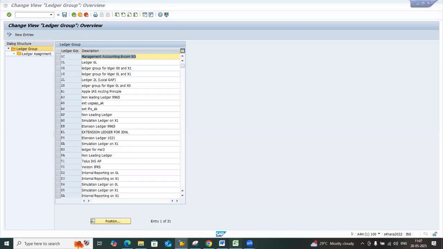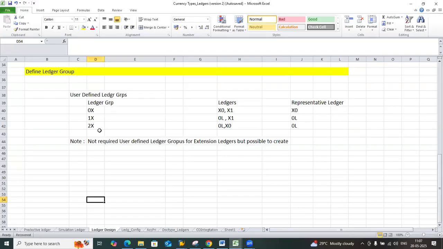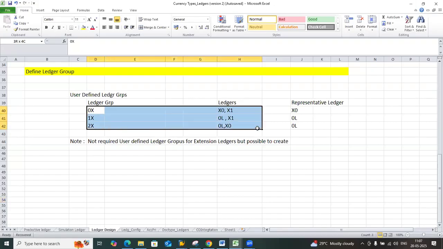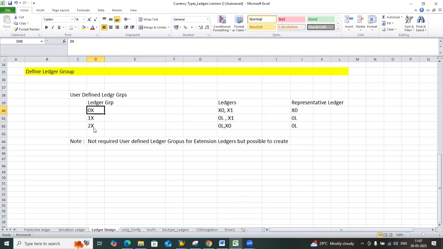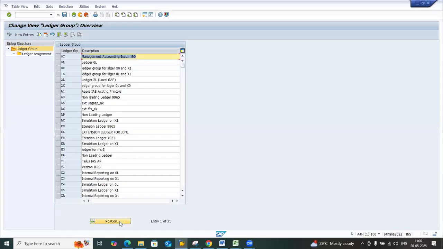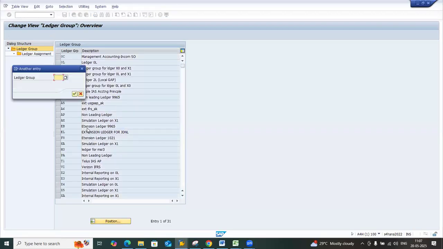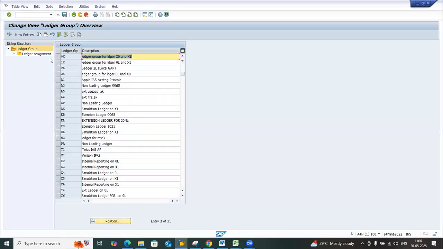So if you see our Excel, I have defined some structure, right? This I have also created already. Conceptual-wise, I wanted to cover it here. Okay, 0x. Click on the position button, 0x. Once you come to this ledger group creation screen,